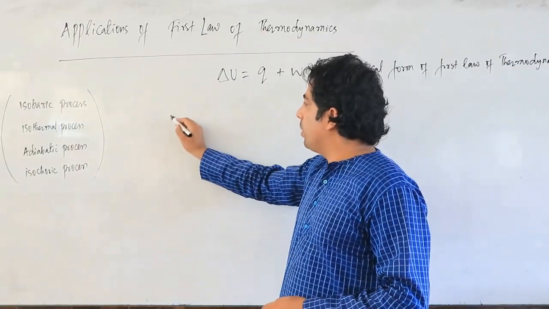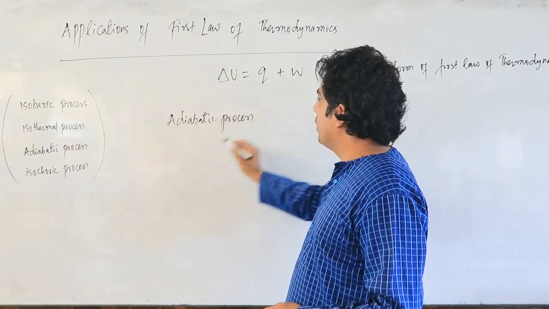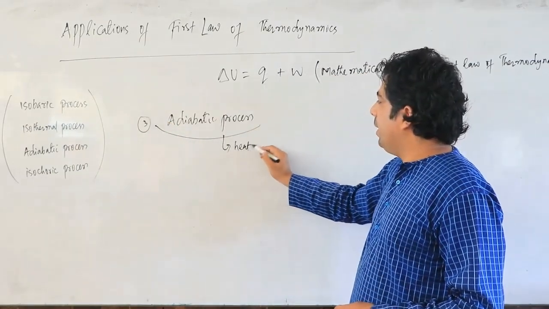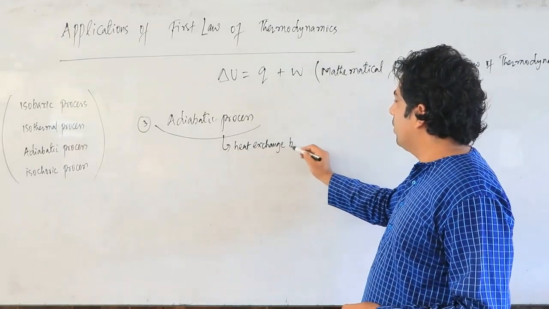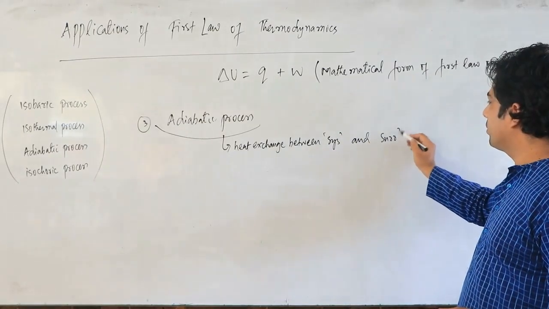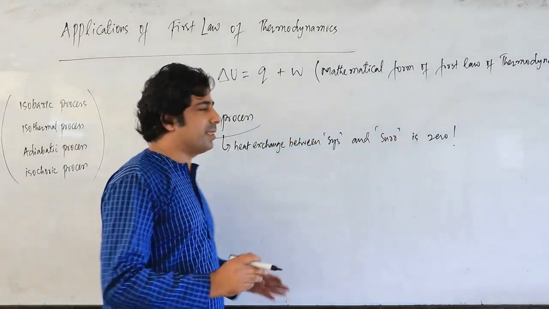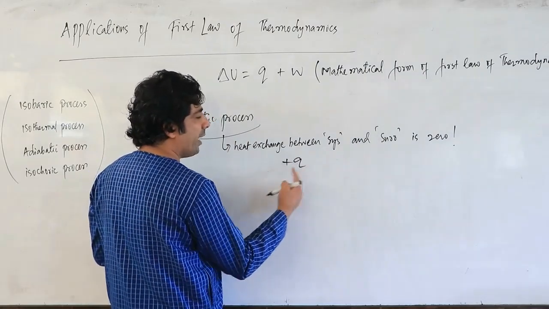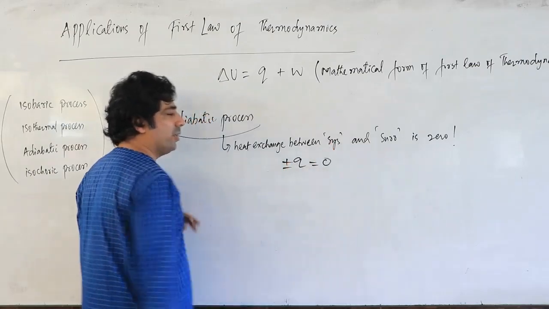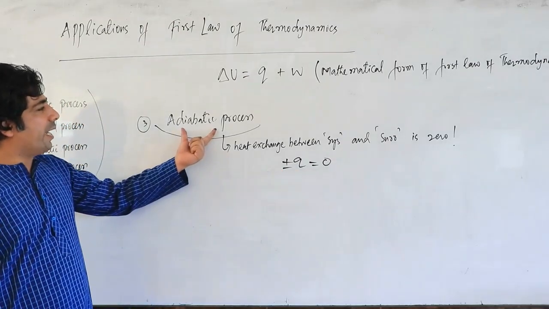Dear friends, let's talk now about the adiabatic process. So in adiabatic process, my dear friends, everybody knows that heat exchange between system and surroundings is zero. So there is no exchange of heat between system and surroundings, which means there is no gain of heat and there is no loss of heat. No gain and no loss of heat. So I can call it zero. So heat is neither absorbed nor lost. In which process? Adiabatic process.